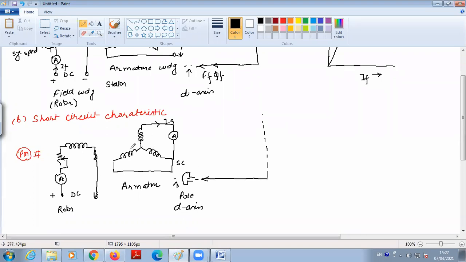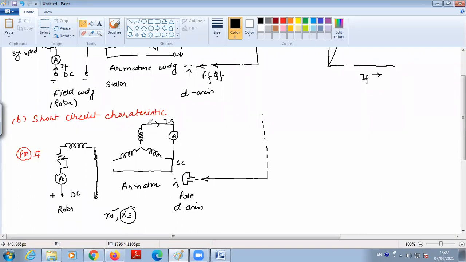And we come to know that when we are going to solve some numericals on the alternator, we will find that this winding has some resistance Ra and some synchronous reactance Xs. The value of synchronous reactance is much higher than the value of armature resistance. It means that in a per phase circuit of alternator, synchronous reactance is dominant. For example, the armature resistance is 0.5 ohm, whereas the synchronous reactance is 4 ohm or 3.5 ohm. The reactance value in the winding is very high.